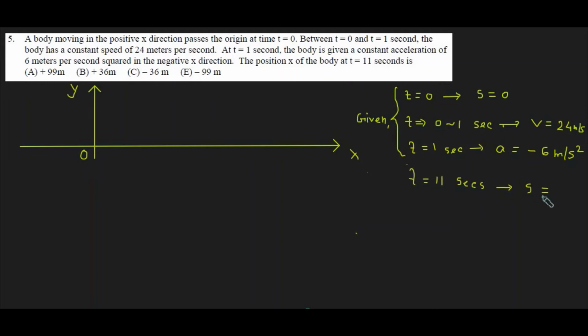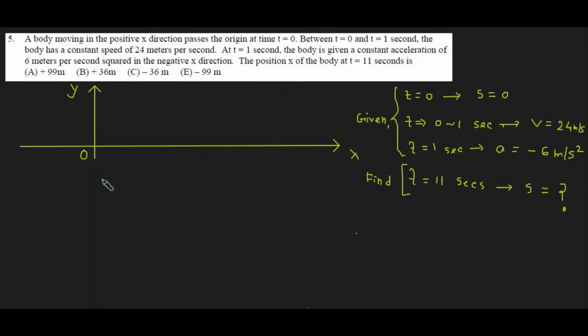So at t equal to 11 seconds, what would be the position? That is what I have represented here as s. That's the thing we have to find out here. Now let's start with between 0 to 1 second, where it has moved with the uniform velocity of 24 meter per second, which means we can use the